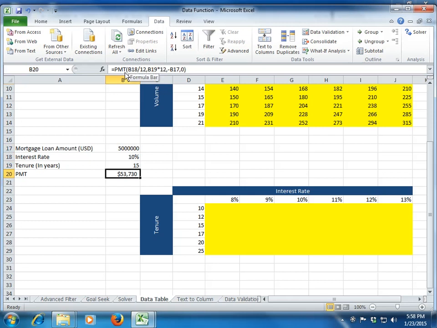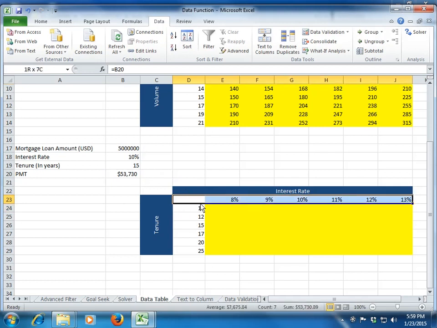Again, don't bother about it. Once we cover the financial function class, you will be able to see what this PMT function is. For the time being, just remember this PMT function helps you to calculate the EMI amount. So using this function I have calculated the EMI amount. Of course the EMI amount will vary depending upon your interest rate and depending upon your tenure, right? So I want to see the sensitivity of my EMI to my change in the interest rate and my tenure. As I want my final output to be my EMI, I link this cell to the EMI cell. I change the font color to white so I'm not able to see it.